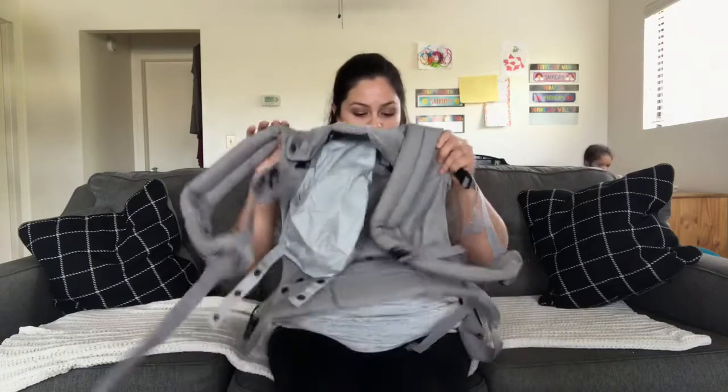So my waist, specifically when I was going into the store or looking online for a baby carrier, I was worried about if it was going to fit around my waist and if I needed an extender. I did not want to have to purchase an extender because that's ridiculous. If I'm going to spend a lot of money on something, it better fit around my waist. So when I went into the store, I took it out of the box and made sure that it fit, and it does perfectly. Now I don't wear it around my actual waist because to me it's always felt uncomfortable right there. I wear it a little higher up, so when I say it fits around my waist,